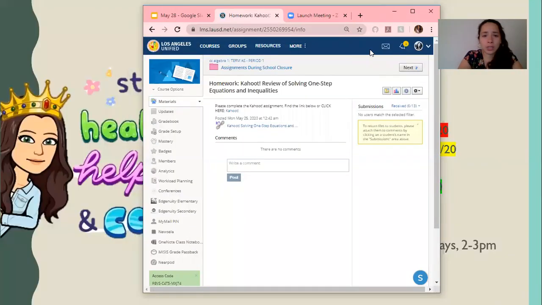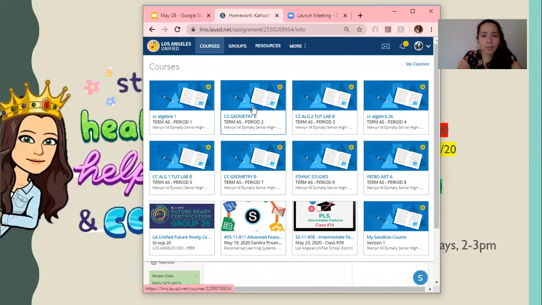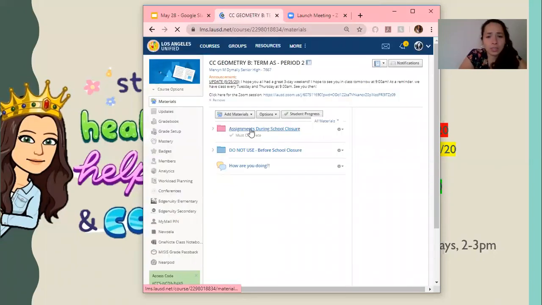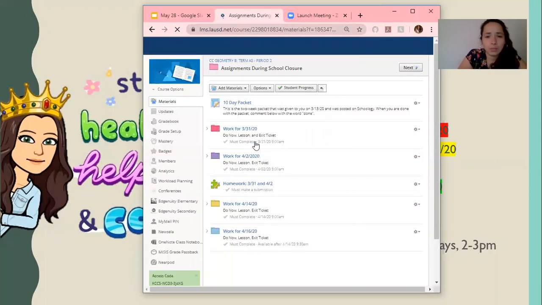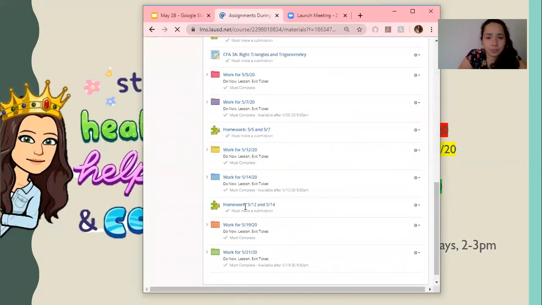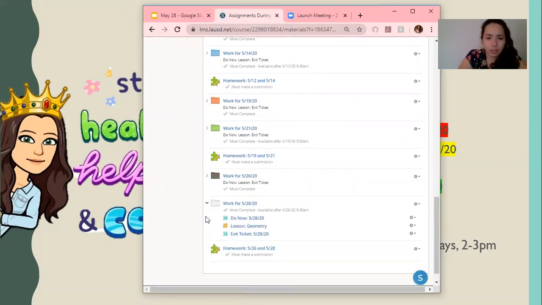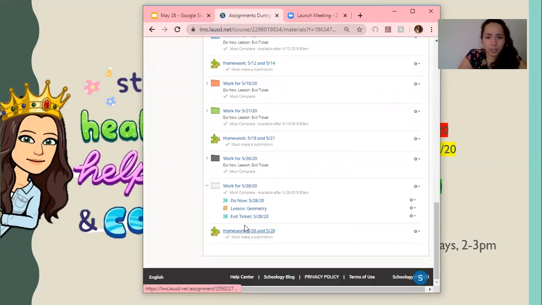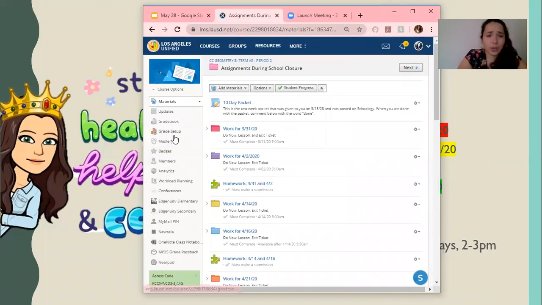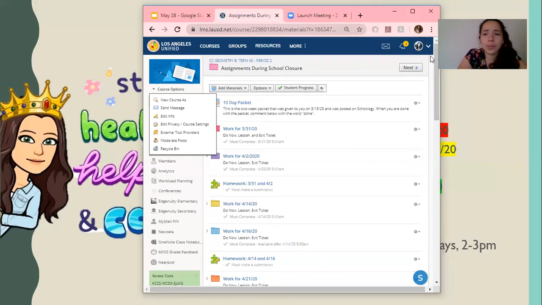You guys still see my screen? Yeah. When I go to period 2, I'm going to go to assignments. You're going to scroll down. Make sure you have everything in this folder. Okay, no, there's no Kahoot assignment for this one. Make sure you complete your homework as well. Try to catch up with all your work. So you go to, so let's say, okay, so let me go ahead and